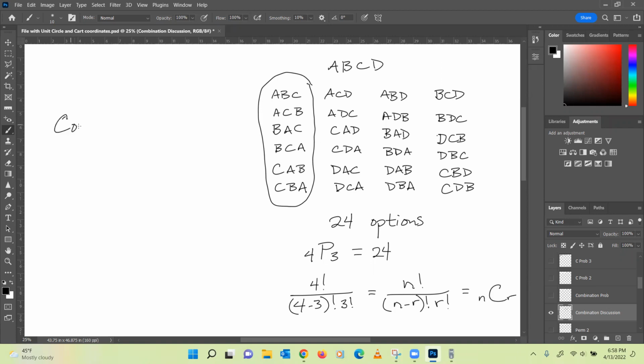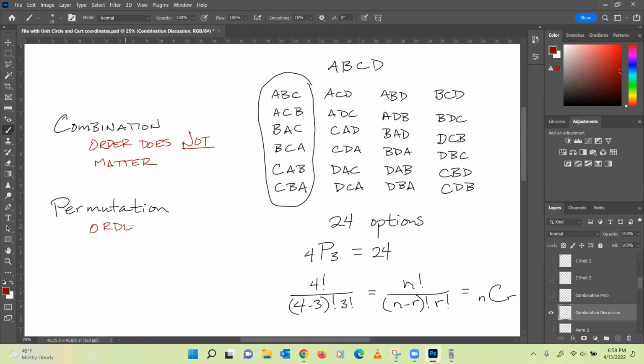So a combination is another way to arrange things when we're taking portions of a group. A permutation was our first way. And what was the big difference? Whether order mattered or not. So order does not matter for a combination. That was key, and that was why we divided by 6, because ABC equals ACB if order does not matter. But order does matter